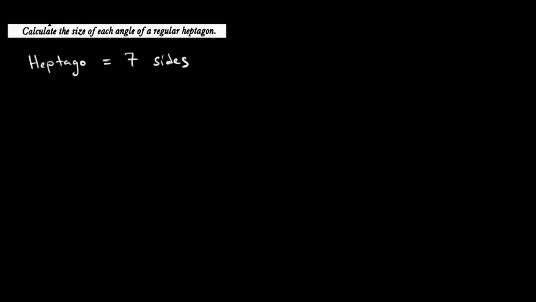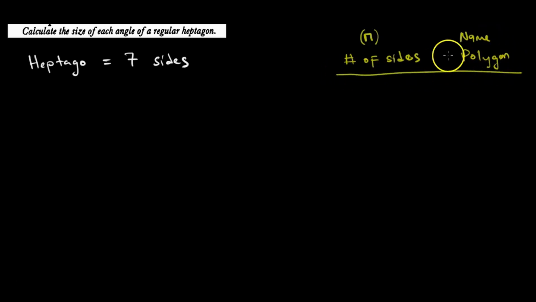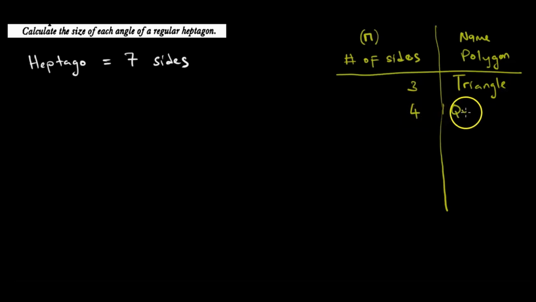So maybe for the benefit of all, let us do this. Here we are looking at number of sides, then per side we want to put the name of the polygon, just to revise. So the first ones are fairly easy. Like if we have 3 sides, it's called a triangle. 4 sides is called a quadrilateral.